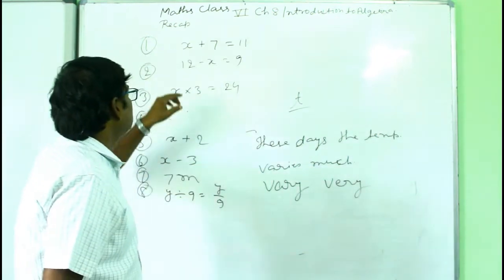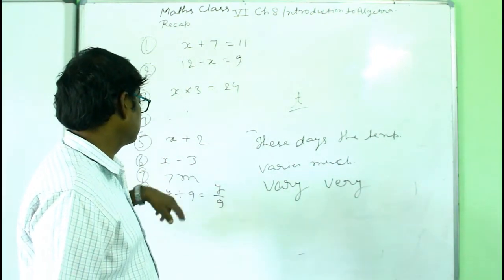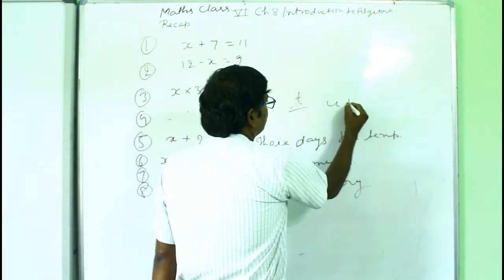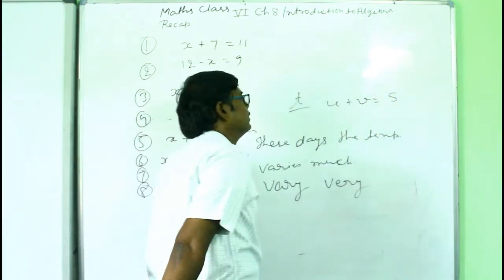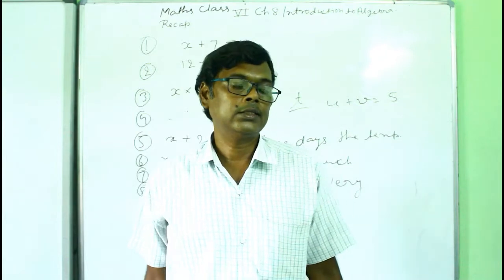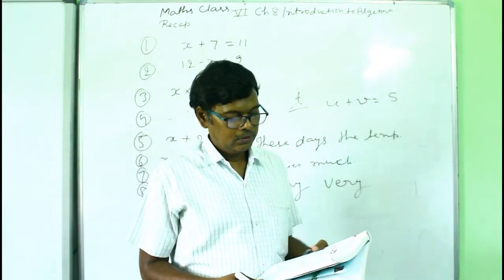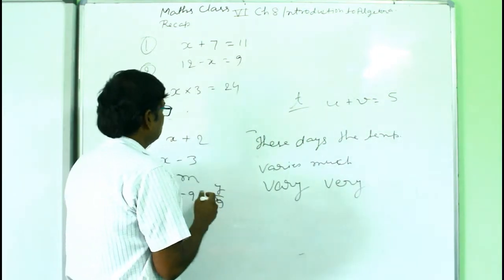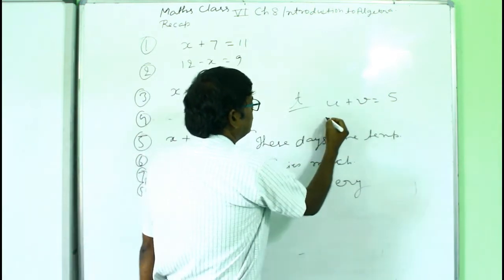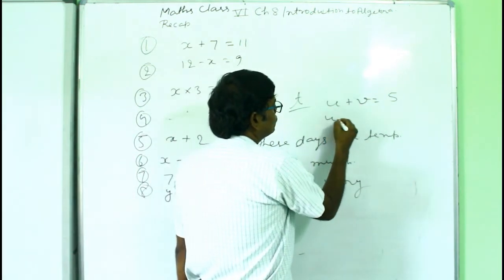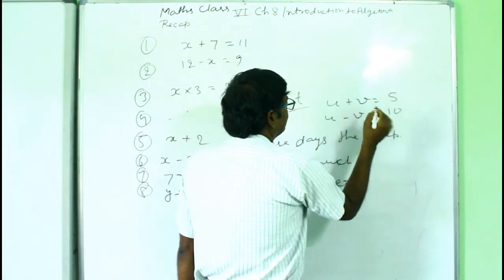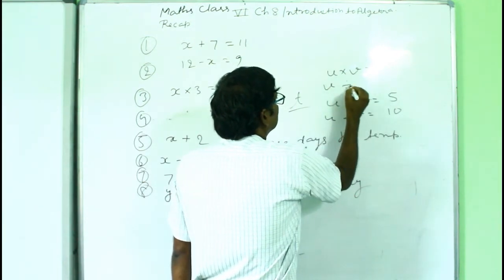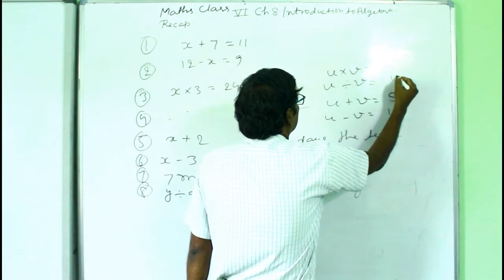Like here I have used the variable x, and here x, and here m also, and here y also. You can use t also. U, v, it is like suppose u plus v equal to 5. Okay, so here u and v are the variables, right? So we have many variables. Then you have the addition, subtraction. Like I have written here the sum of two numbers suppose. Then the difference will be u minus v equal to suppose 10. Okay, then the product u into v equal to suppose 25, and division u divided by v equal to suppose 100, and so on.